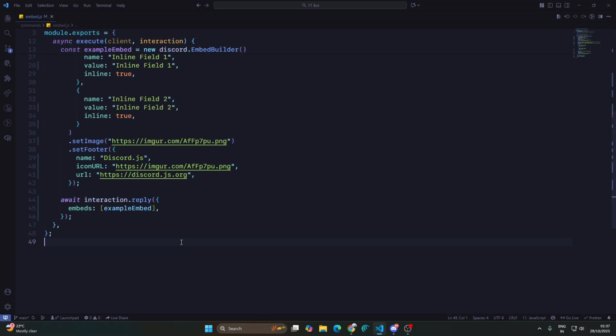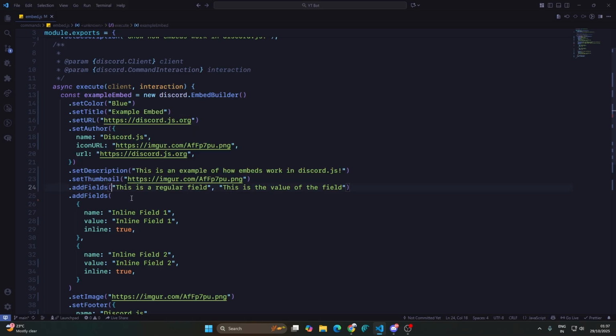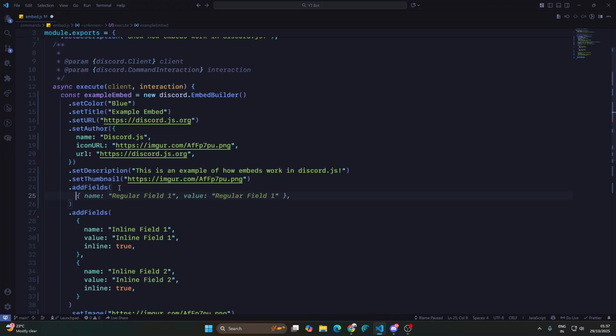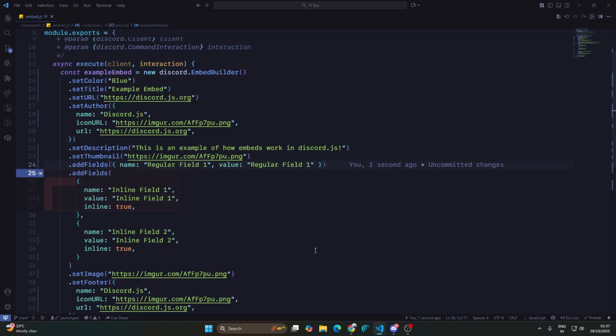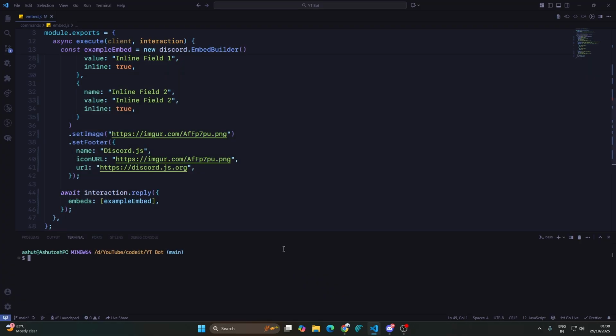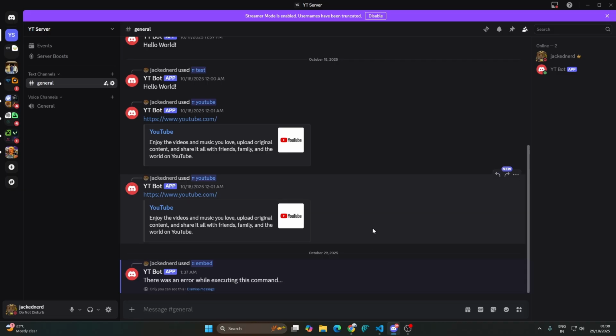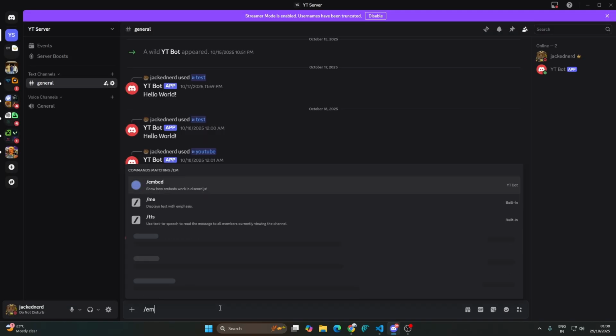Okay, I understood what the error is here. In dot add fields, this is a regular field. Here also we have to add name. Yeah, like this, and then we have to again run the build command. So node build.js and then node index.js, and we'll reload this Discord page again. Then /embed,